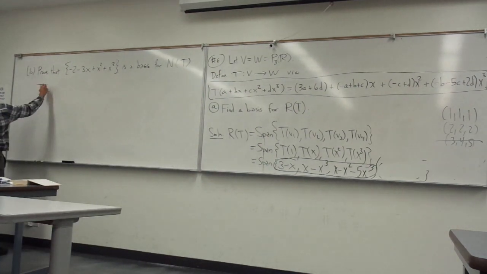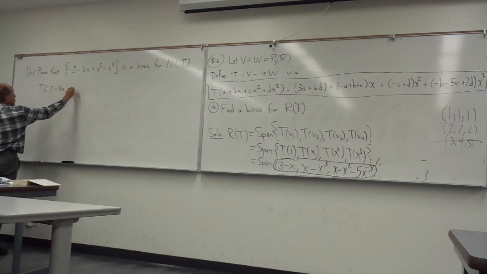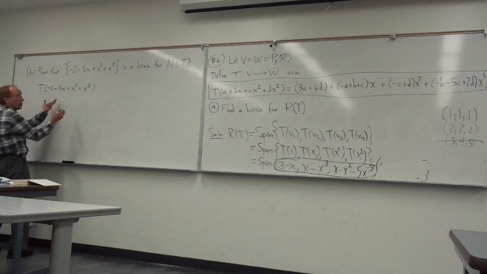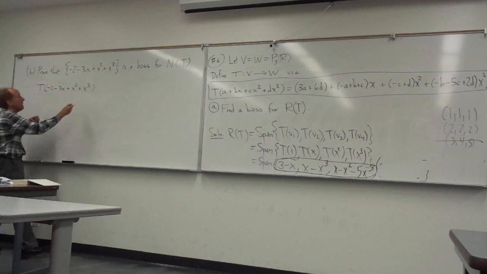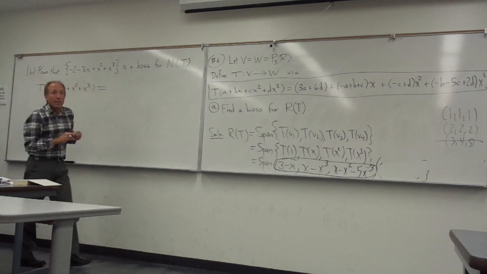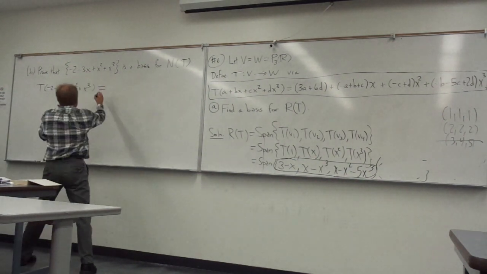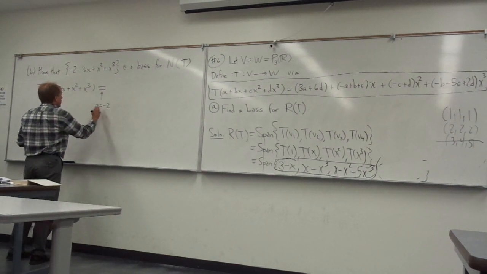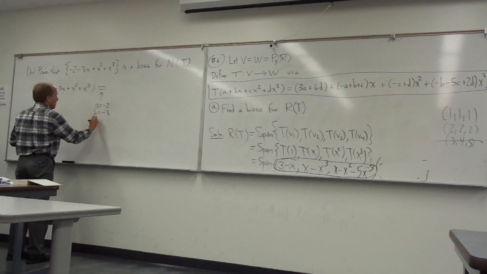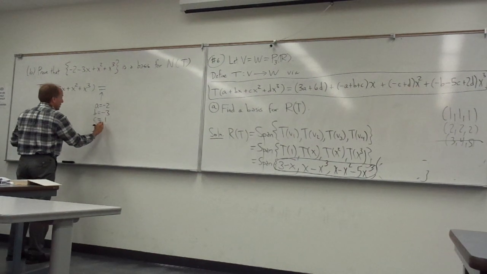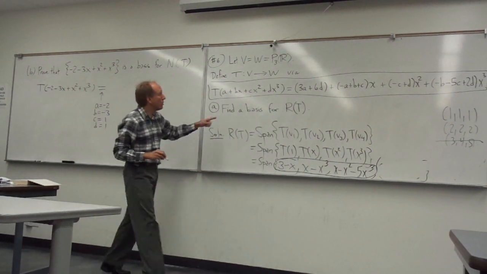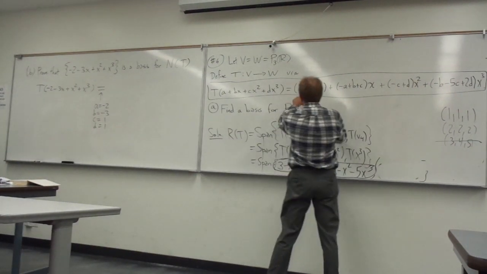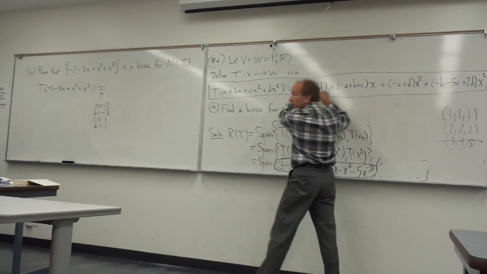So this is the first step. This is not the whole solution, but the first step is to just work this out. What is T of that? Well, that means a is going to be -2, b is going to be -3, c is going to be 1, and d is going to be 1. If I take those numbers and plug them in here, -2 for a and a 1 for d, that gives me 0,